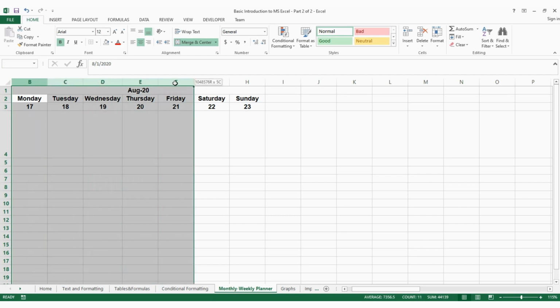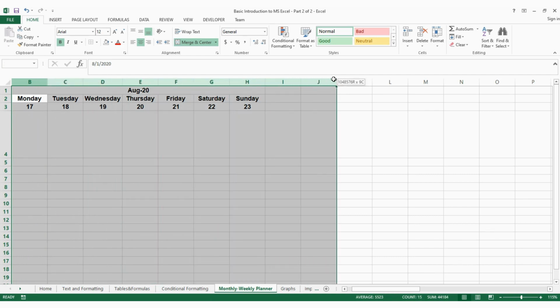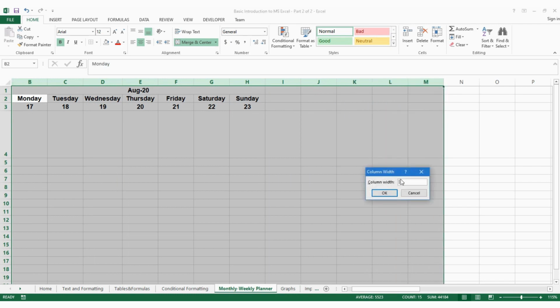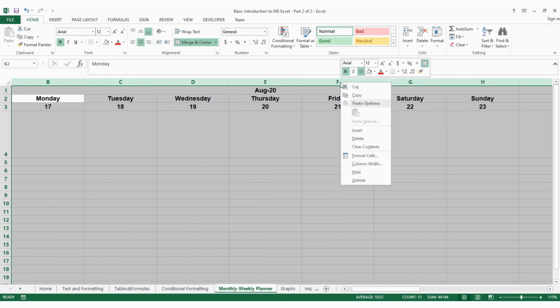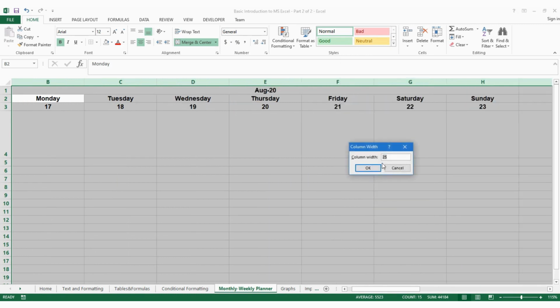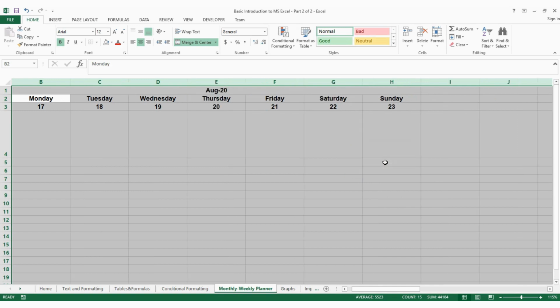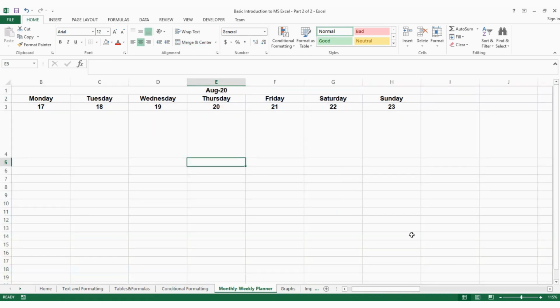So hold in the left mouse button and just drag along all the columns, right click and say column width, and then you can change the column width here as well. Then we can just click on change, and you'll notice after you have changed the column width, all the columns will remain highlighted, guys. This is quite good, because if you want to make a change, you can quickly make a change. If you're done, you can just click on any cell again in the workbook or in the sheet,